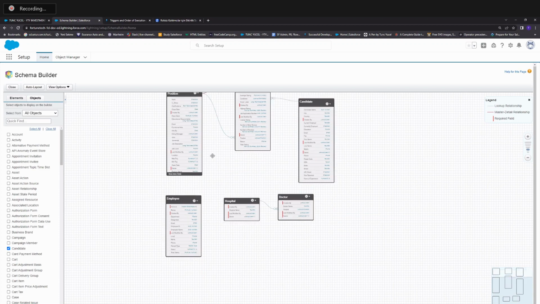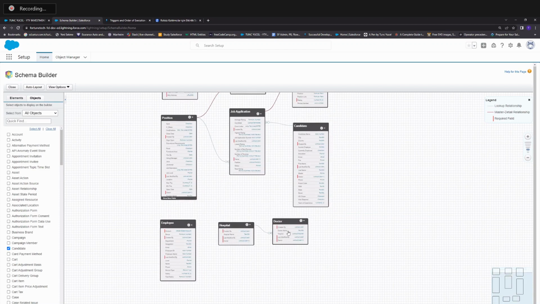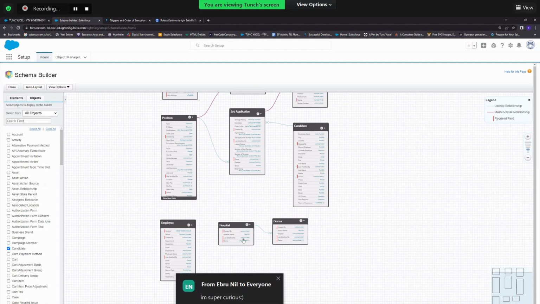So last lesson, we created a hospital and a doctor. This is a master. This is a detail. We keep it like that. That means hospital is the master, because that's the main resource for the doctors, and the doctors are the child object on the hospital. That we created like that. So basically,